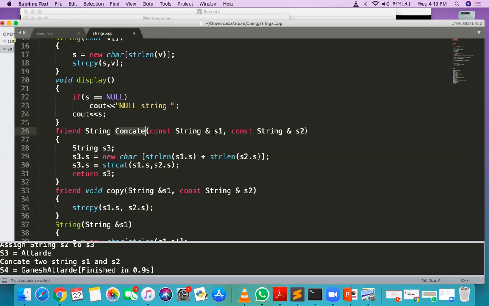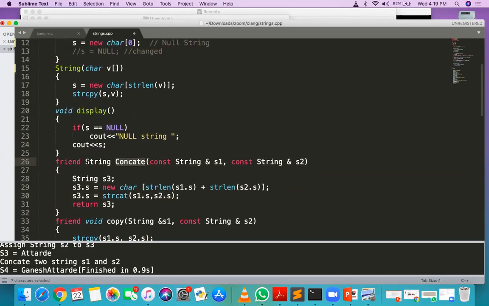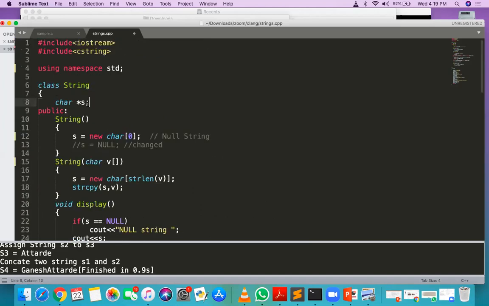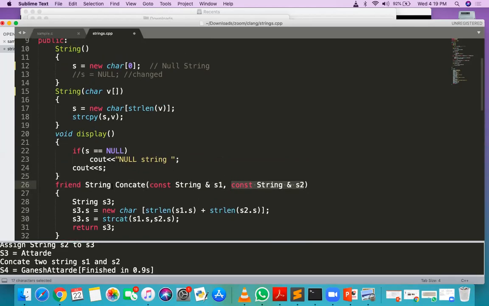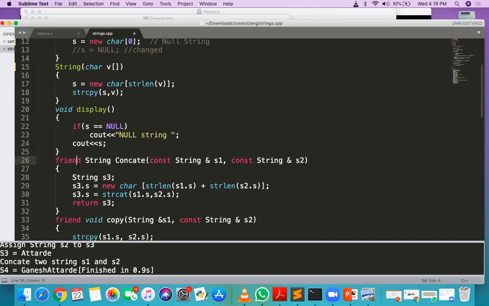If we are not writing the concatenate function as a friend of this class, then S1's S, because S is a private member, we cannot access, and S2's S we cannot access. That's why we must define this concat function as a friend function. So we have defined that concat function as a friend function.